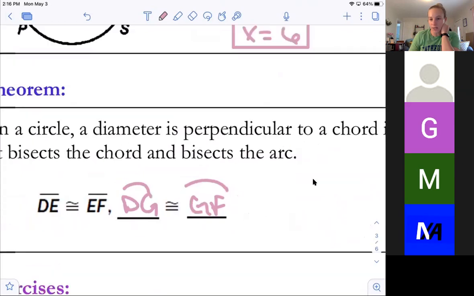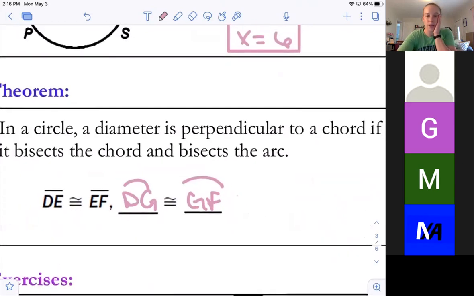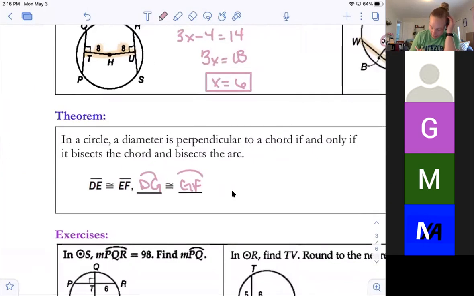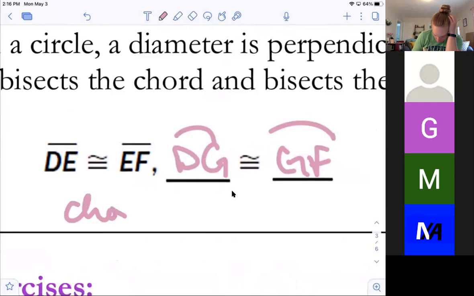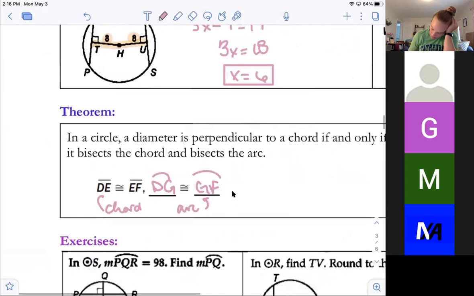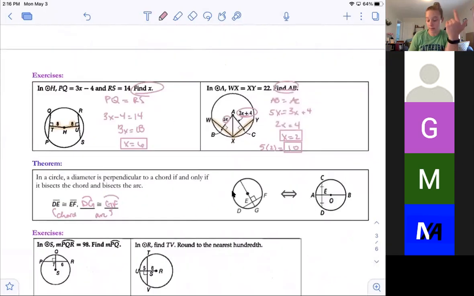And I put the little chords there to symbolize that they're the chords, or excuse me, the arcs, not the chords. Segment versus arc, segment versus arc, chord versus arc. All right, so if we look at the picture,